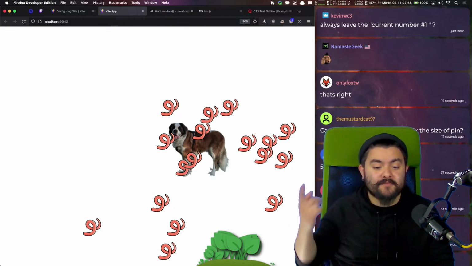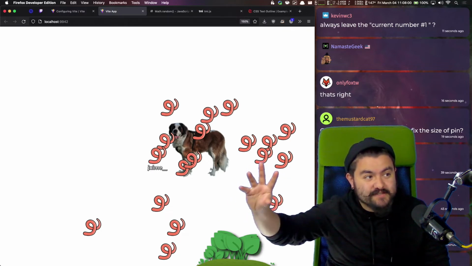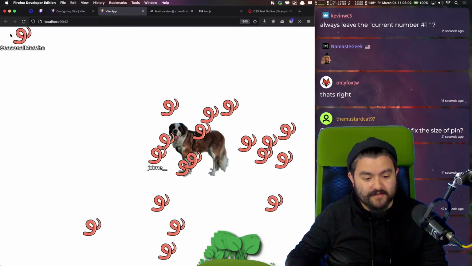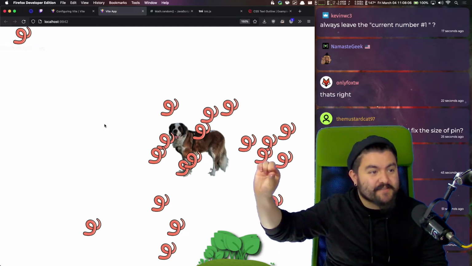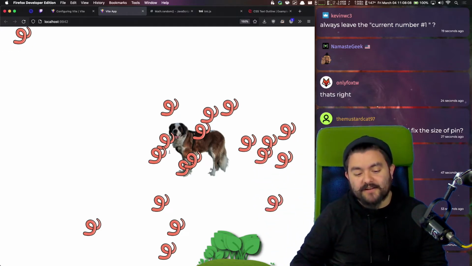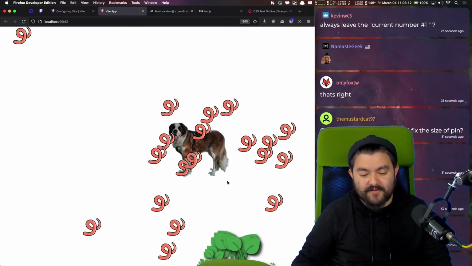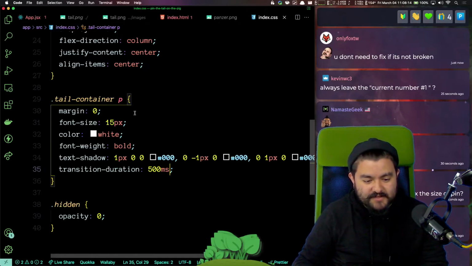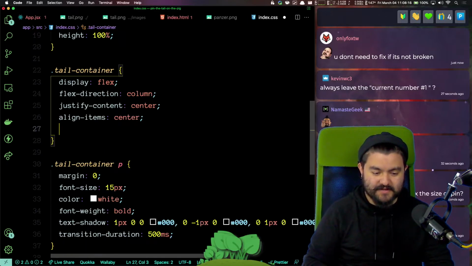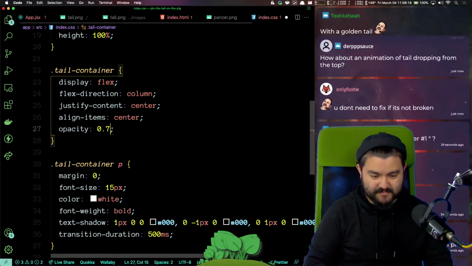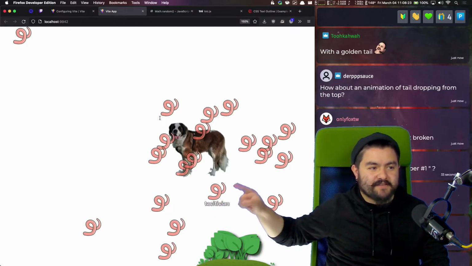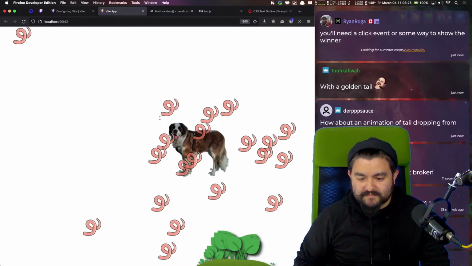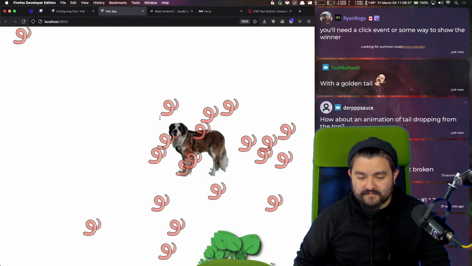Yeah, I think that's another thing we can add is whoever is the closest should have their name stay on the screen. Like if they're the closest, their name stays there. But as someone gets closer, yeah. All right. Here's the other thing we're going to do. We're just going to set the overall opacity of the container to be like 0.7. Yeah, that way you can kind of see them overlapping.